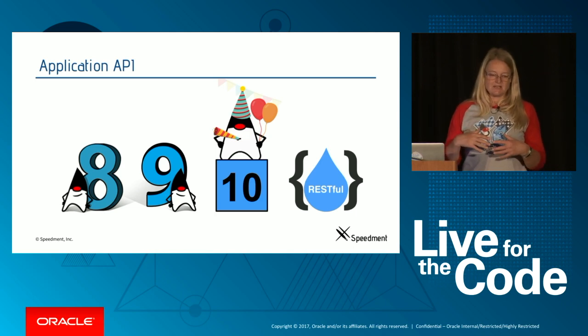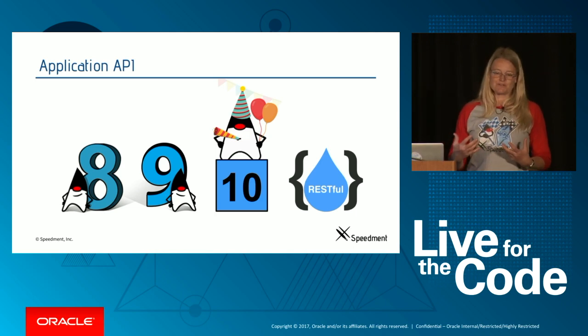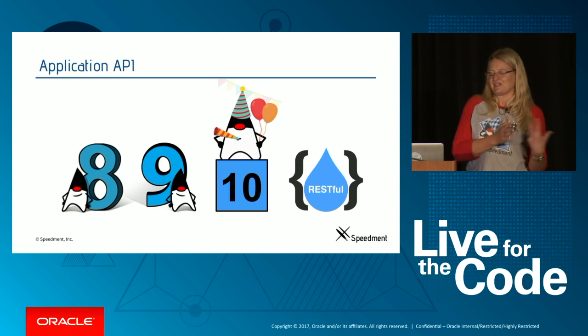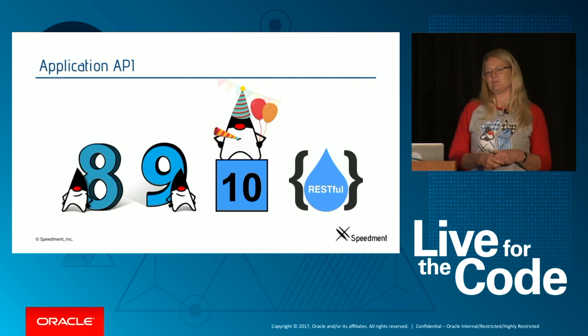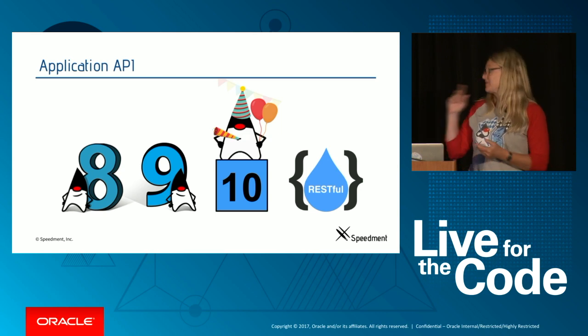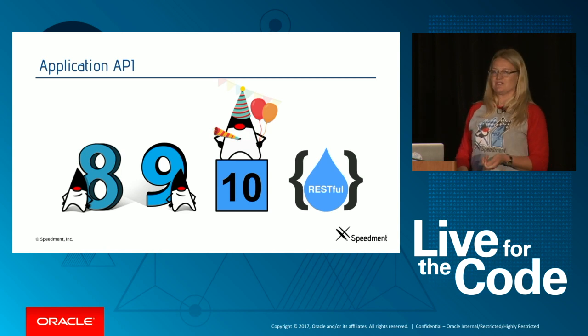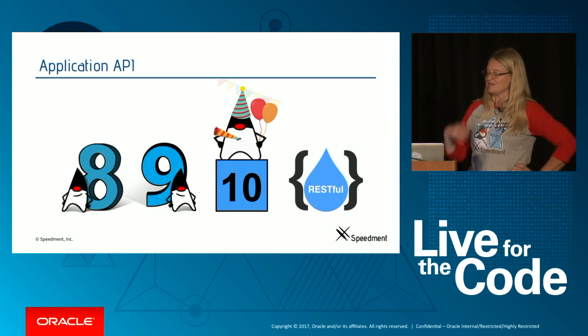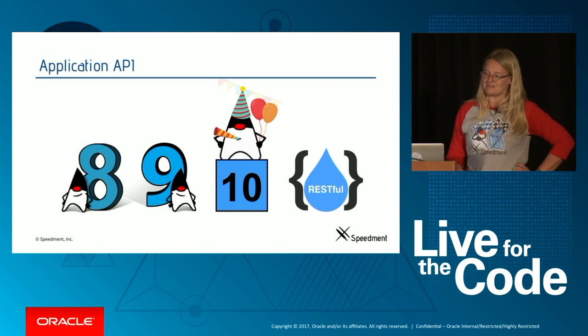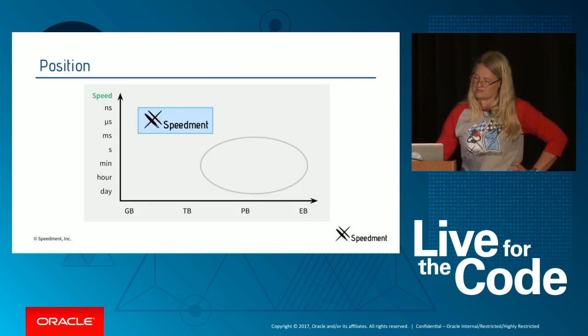We developed Speedment with no need to take care of Java 7. So we started off with all the good things that came with Java 8. So this is one reason why it could work so well. And when we tried it out in Java 10 now, just for fun, because we know that most of you will not have Java 10 for a long time, we were happy to see that it was much faster. But you can also use REST. It works also with the REST interface.